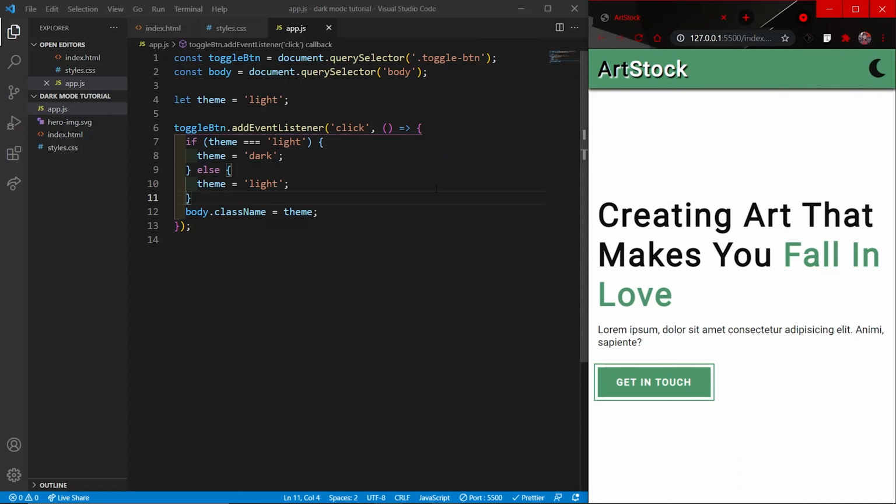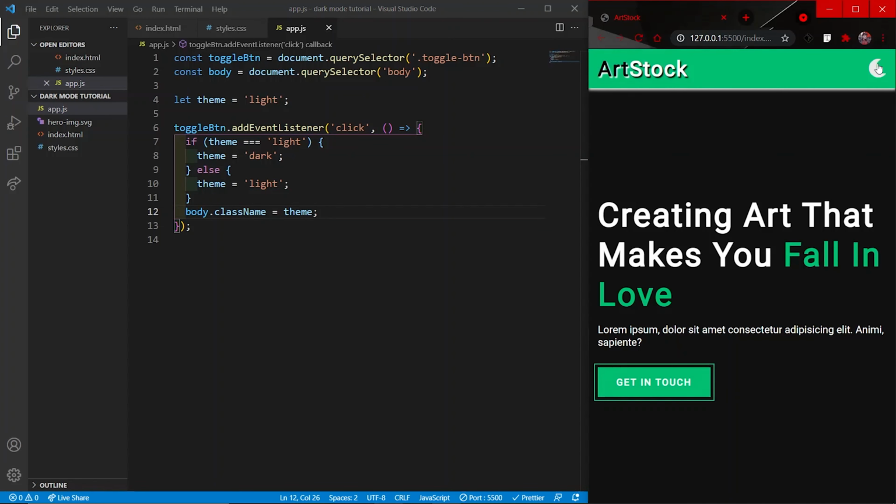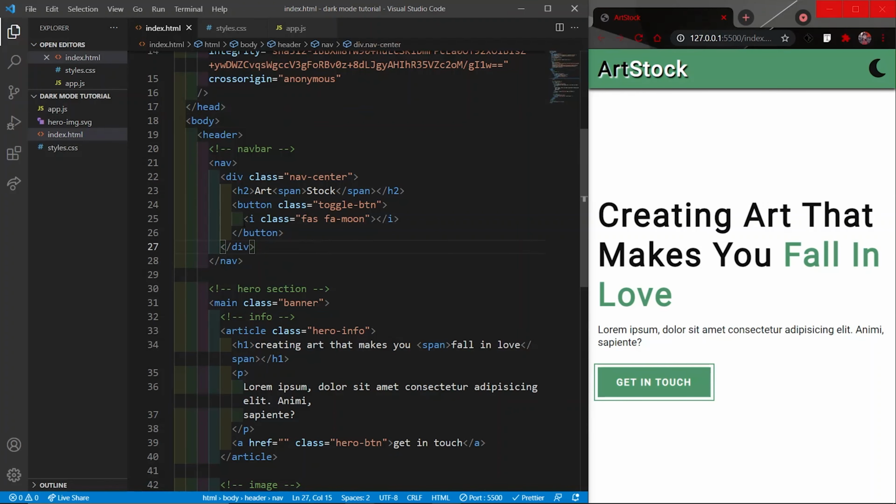Now one more thing I would like to do is change the font of some icon right here, because initially for the light mode we have a moon, but for the dark mode I want a sun. So let's do that, and we will do it because we have our icon here inside the toggle button.